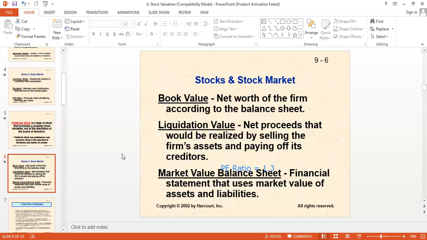For example, in your balance sheet, you have a car, a vehicle which you purchased, for instance, 3 years back for 5 million rupees. You invested 5 million rupees to buy a car, but today, after 3 years, if you sell that vehicle, it will be sold at a higher price. You bought it for 5 million, but it will be sold for 6 million, 6.5 million probably. That higher value would be the market value. It could also be possible that it is sold for a lesser value.